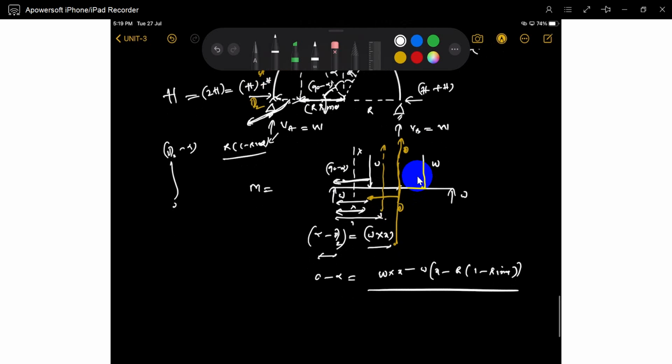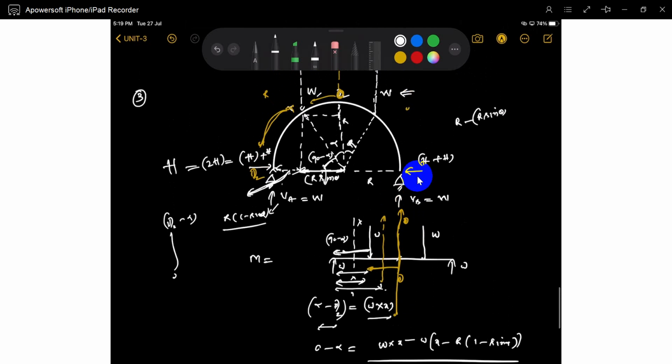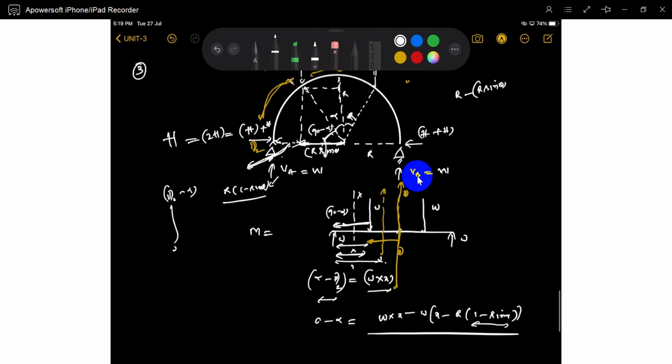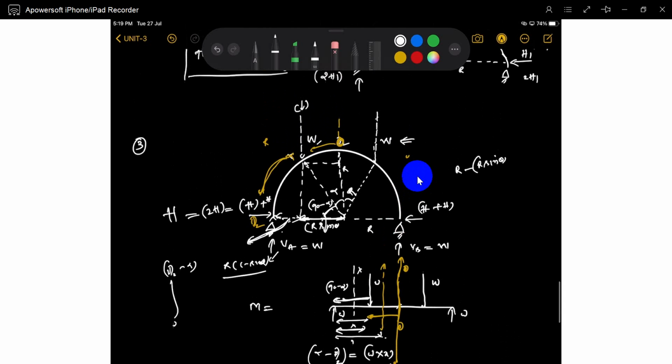So that's it. Exactly this section is r into 1 minus sin theta. So what is x? x at every section. If you take this section with alpha, that section is also r into 1 minus sin theta. Every section, exactly for this alpha, r into 1 minus sin alpha, but for every theta, r into 1 minus sin theta.